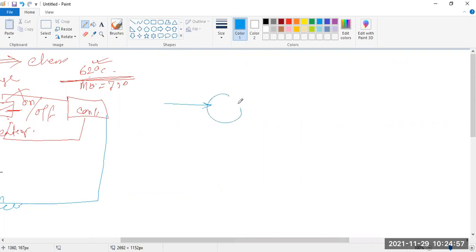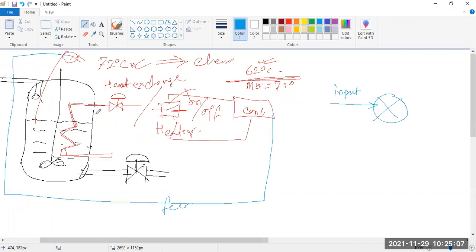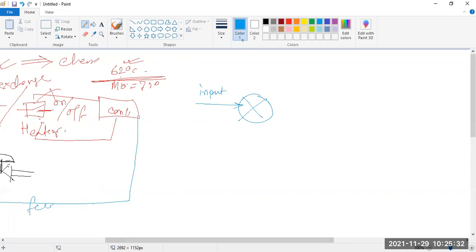Look, here is a comparator. The symbol is just like this. This is your input channel. What is the input? Input is your temperature. Either direct electrical energy converted into temperature by a heater, or it may be any heated material, just like hot water flowing through this process, so it exchanges heat. Then we require this valve. Ultimately, the input here is the temperature.